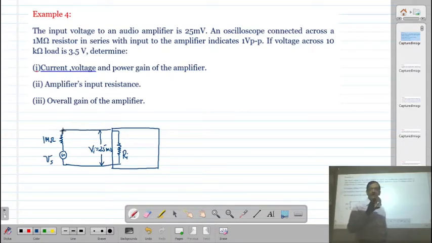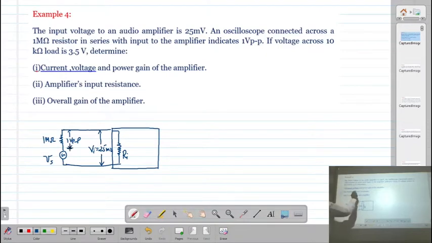Remember, on the oscilloscope there will be a screen, and whatever the signal is, you can see the shape of the signal, as well as measure the peak to peak voltage. Oscilloscope is an instrument where you can measure the periodic time, frequency, the phase, as well as the amplitude of the signal. Now in the laboratory you will see what the oscilloscope is. So if I am connecting the oscilloscope across the 1 mega ohm, then the voltage across this is 1 volt peak to peak. Correct?